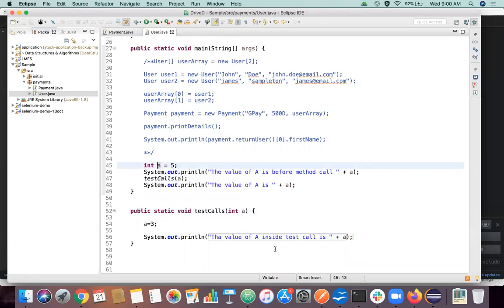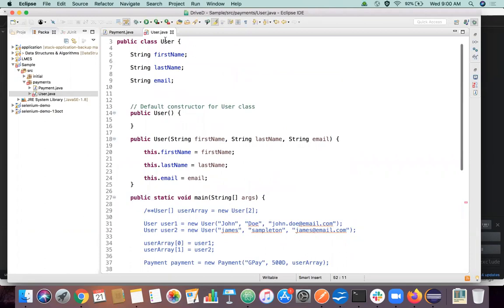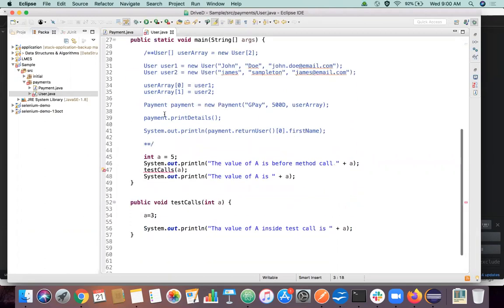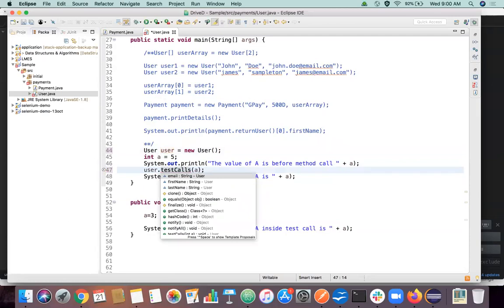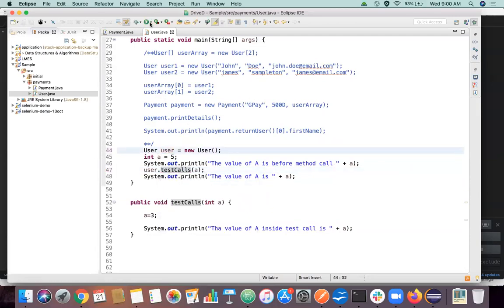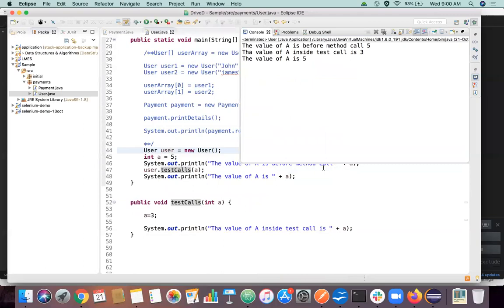But Karthik, static method won't affect at the class level? No, you forget about static. Maybe we'll remove the static. We'll just try to call this method by creating an object itself. We'll come to static at a later point of time. I will call a method: user is equal to new user, right? Just call this method user dot, again the same output. Forget static for now, we'll come to static at a later class.